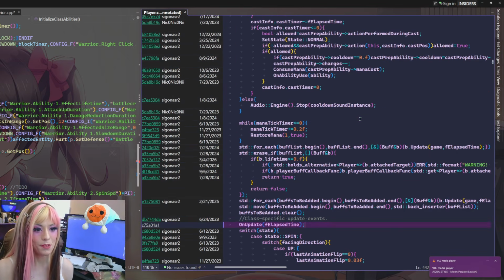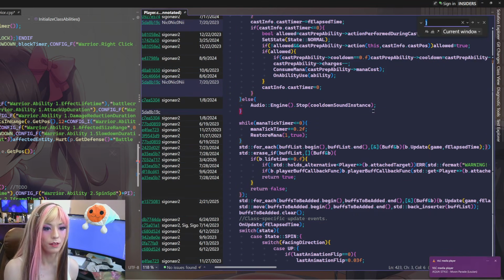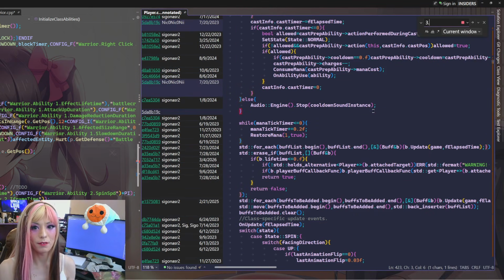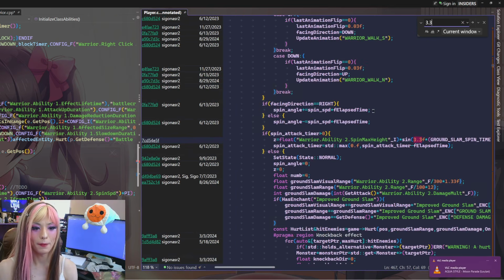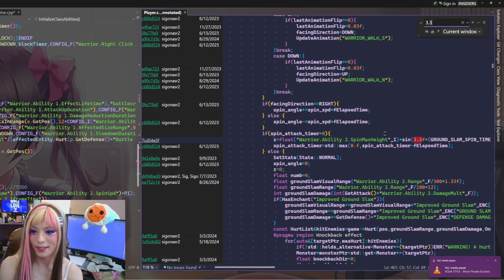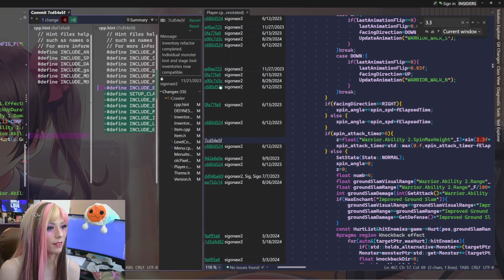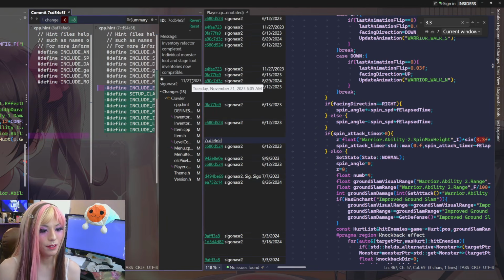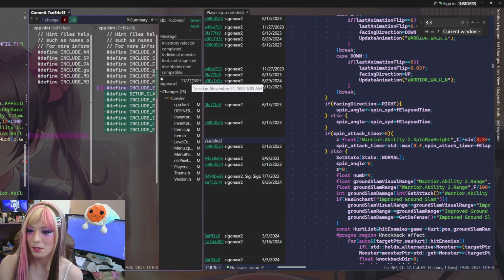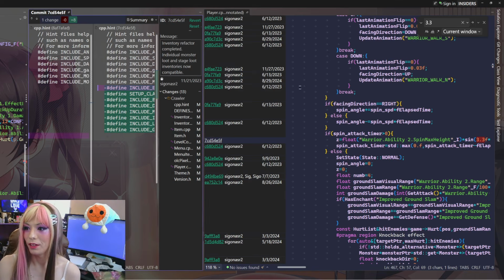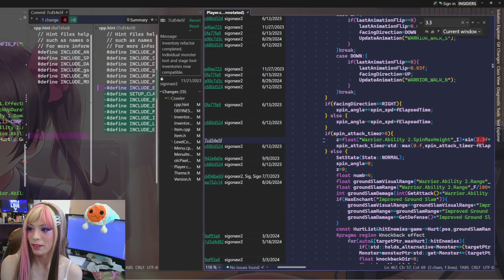What line is this supposed to be? Let me look for the 3.3, because it's the only 3.3. Oh, it's going further back. It hasn't found it yet. Whenever that committed. November 21st, 2023. Oh, I guess it just doesn't show up, like the date, but